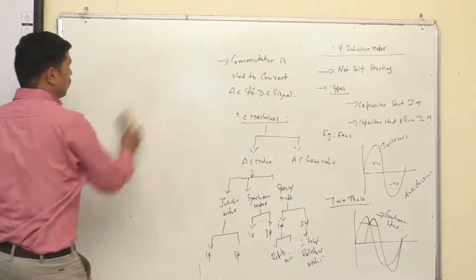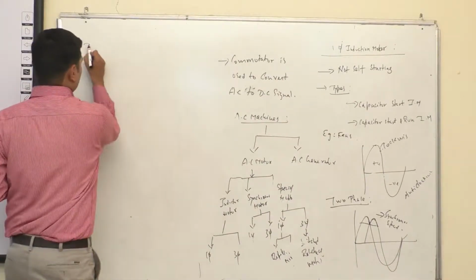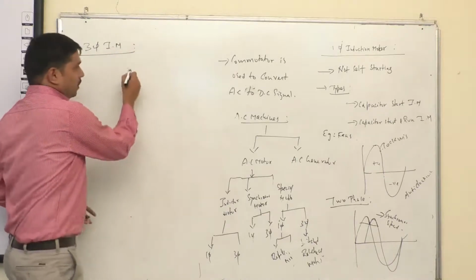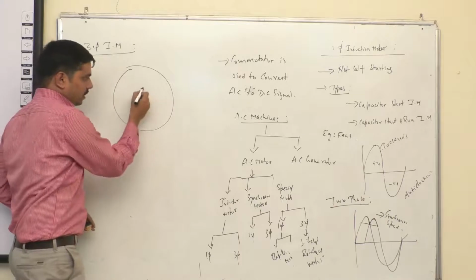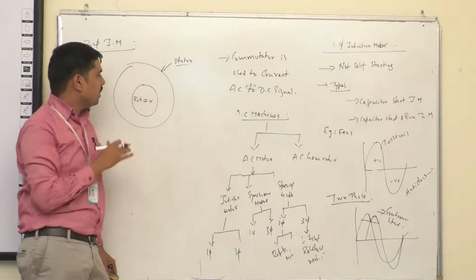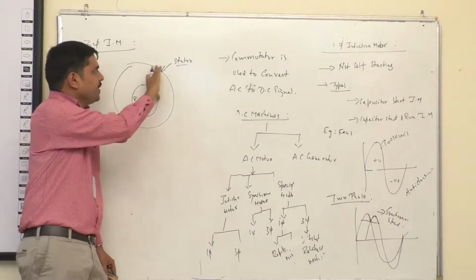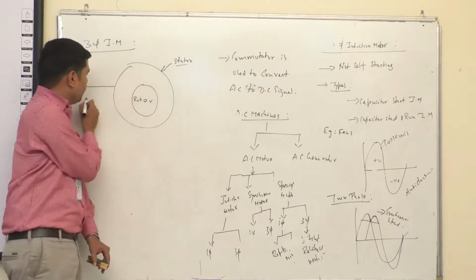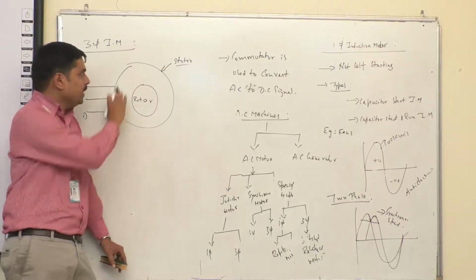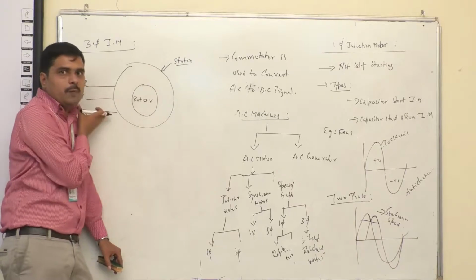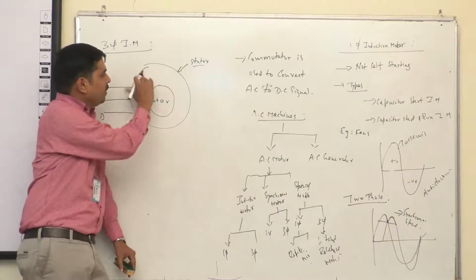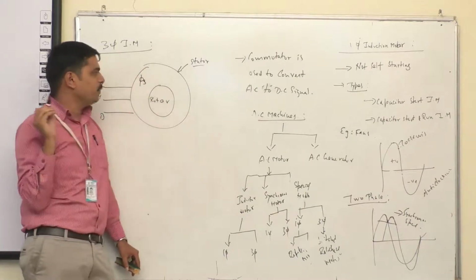Now, the three phase induction motor. It is also having a stator and a rotor. This is the stator and this one is called the rotor. The rotor is nothing but the rotating device. We are giving a three phase supply R Y B to the stator. The stator is nothing but a conductor. If you pass some current, it creates a static magnetic field. It creates the stator magnetic field, you can say it is the stator I S.